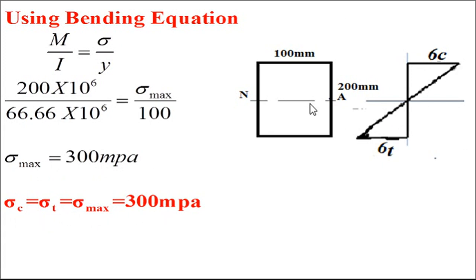After solving each problem, try to show this bending stress diagram. Sigma C at top, sigma T at bottom. Only in a cantilever beam is sigma T at top and sigma C at bottom. Otherwise, for the simply supported case, your bending stress diagram must be like this only. This is the bending stress diagram. It is the same for all cross sections. The nature is the same, only the cross section will change. Instead of a rectangle, it may be a triangle, an I section, or a T section. According to the given problem, you should use this bending stress equation.